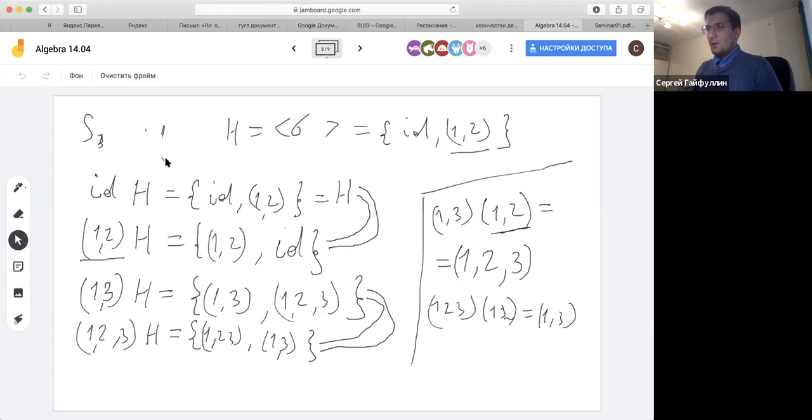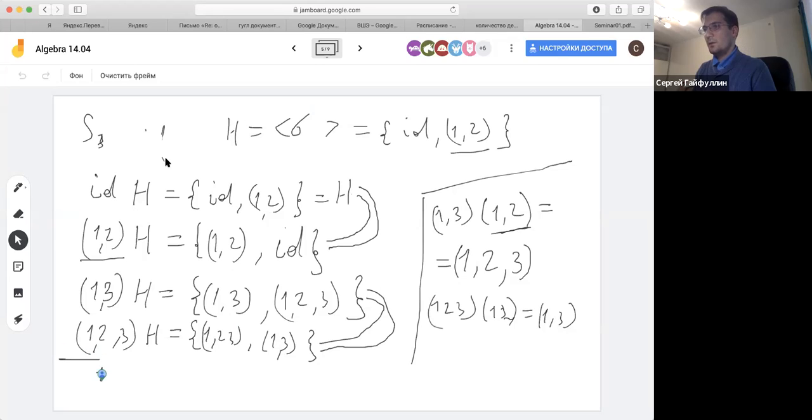So if I take an element 1, 2, 3 from this left coset, then it is in its own coset. So this coset, of course, has an element 1, 2, 3 in it. And then these two cosets, this one and this one, coincide. So this left coset coincides with this. Okay, and the last one is